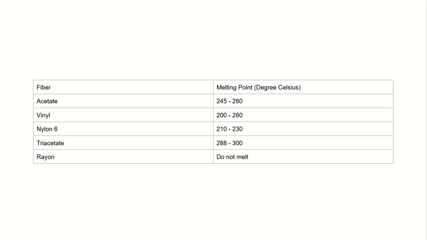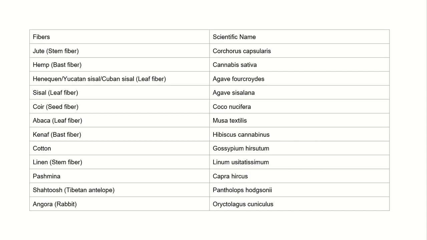So acetate, the melting point of acetate is 245 to 260 degrees Celsius. For vinyl, it is 200 to 260. For nylon, it is 210 to 230. For triacetate, it is 288 to 300. Rayon does not melt. Fibers and their scientific name: jute, that is stem fiber, Corchorus capsularis; hemp, bast fiber, Cannabis